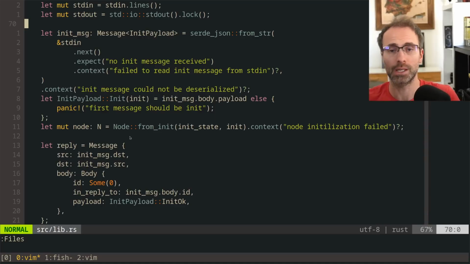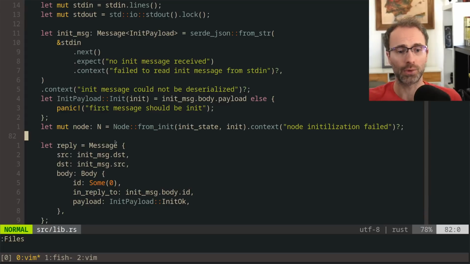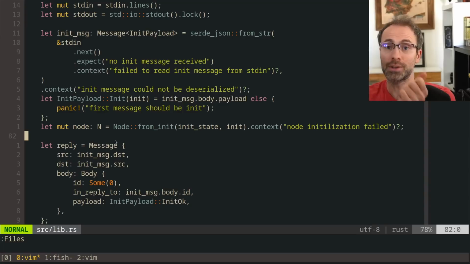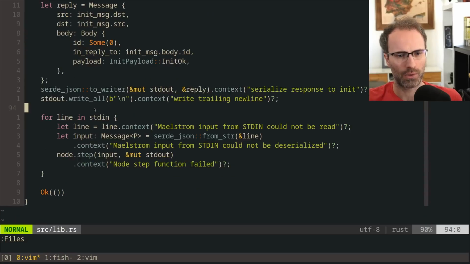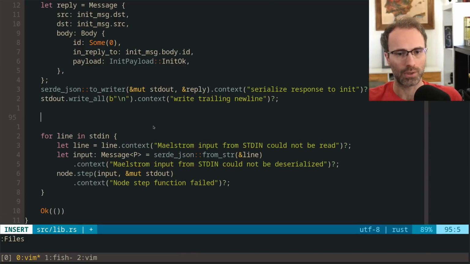The other way you do it is you introduce a channel, and then you clone the sender side of the channel, and you give one clone to each thread, and that thread is going to be blocking and doing the operation that you want to select over. This is going to be a little clearer if I demonstrate. So rather than have this loop be for line in std_in, what we're going to do is